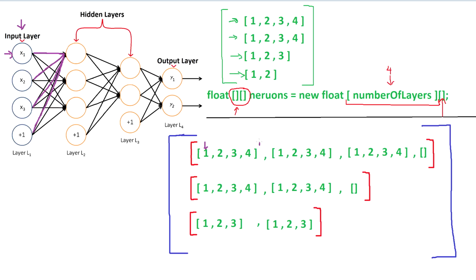So this first array here is actually all the connections of the first neuron in the first hidden layer, followed by the second neuron in the first hidden layer, followed by the third neuron in the first hidden